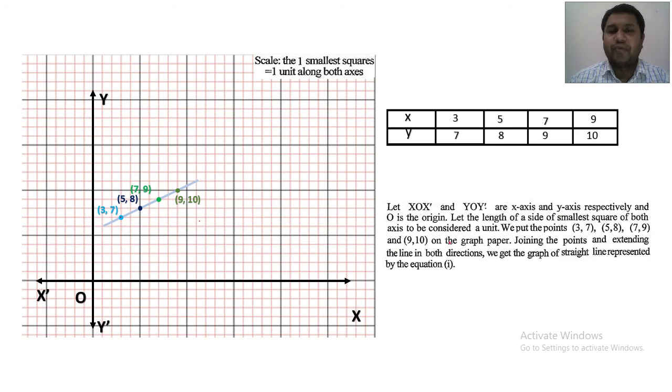You have to understand that for the dimension you are scaling, you have to write the small squares. In the previous one it was 2 small squares, and in the first one, question 20c, we took 5 small squares. So here, a side of the small square in 20e is 2, and in question 20c we take 5 sides of the small square on both axes as one unit. So a unit will be the same, but here there will be a change.